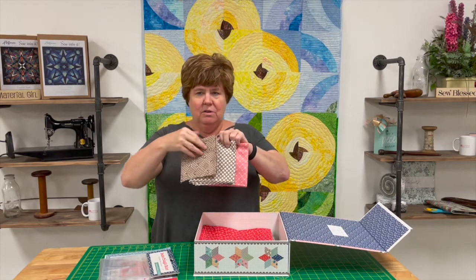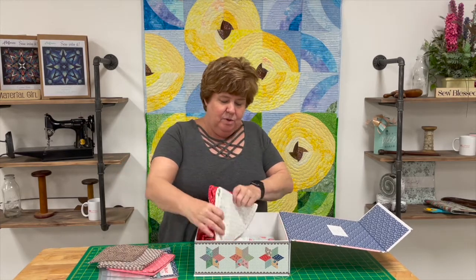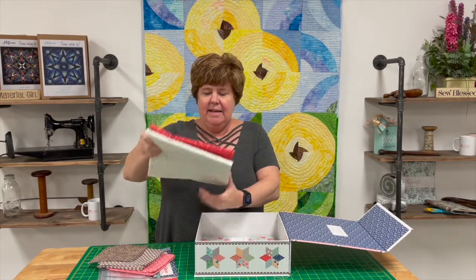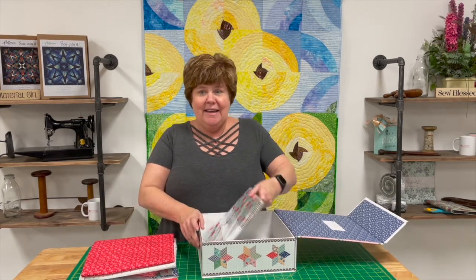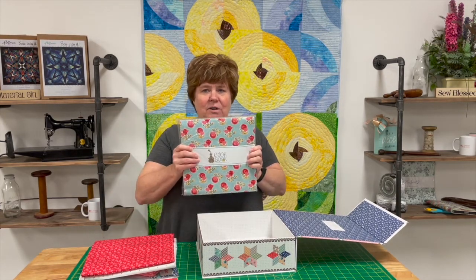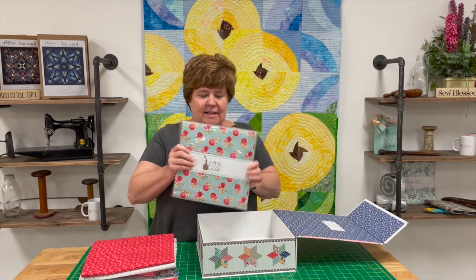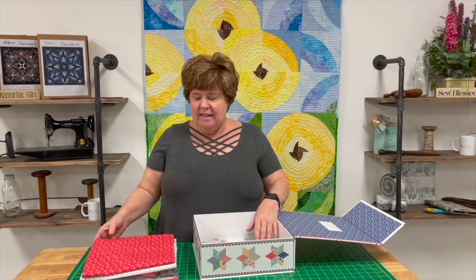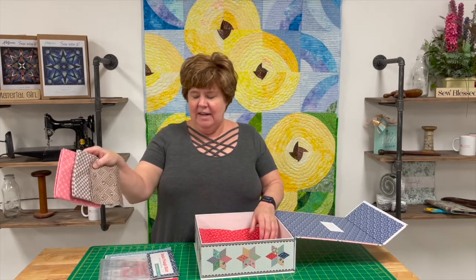Here's the pinks and browns that you need. And then it comes with the background, which is the white, and then the red is the outer border. And it comes with a layer cake so that most of the cutting is done. So all you gotta do is cut your stars out of this, and it's a cookbook layer cake inside this. So you have the layer cake and then the background fabric, border, and some extra pieces you're gonna need for